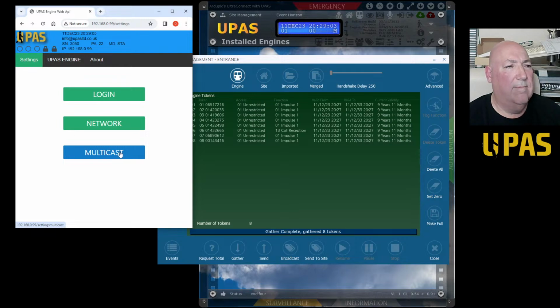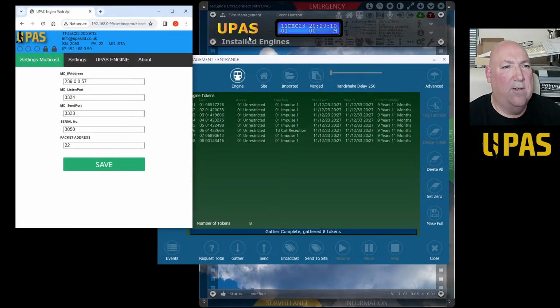And if you did need to go into it and alter some basic settings so you can talk to the software, default settings, so the multicast IP address, default listening port, default send port, your serial number of your controller,